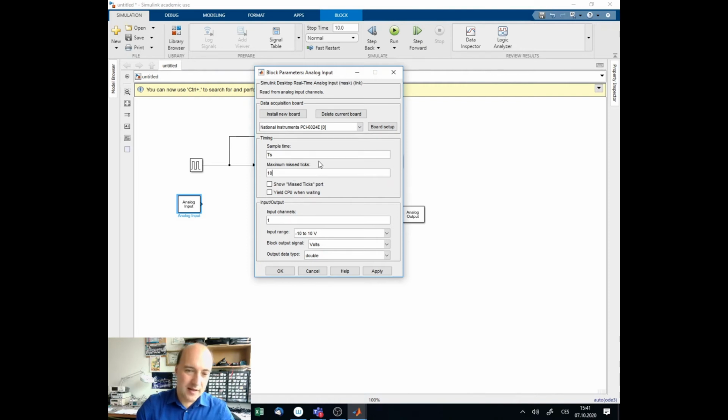Now ticks are related to the speed of your computer, and MATLAB allows you to show the number of ticks that are actually missing. And since right now the model would not run in real time, if I run my Simulink model, it does not have total control over the PC, and Windows and other applications will interfere with it. So in the background,